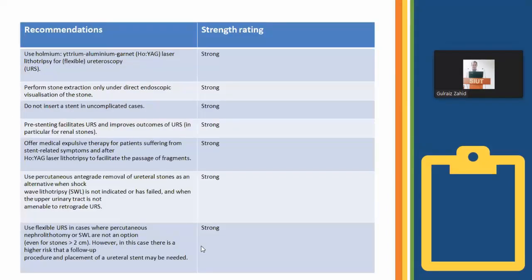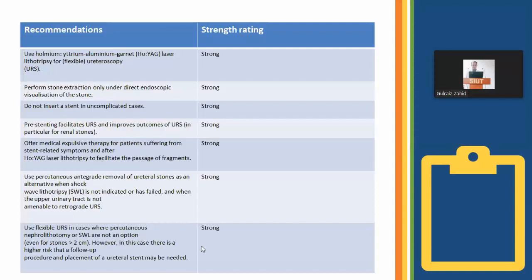These are the recommendations. Use holmium:YAG laser lithotripsy for flexible ureteroscopy. Perform stone extraction only under direct endoscopic visualization of the stone. Do not insert a stent in uncomplicated cases. Pre-stenting facilitates URS and improves the outcome of URS, in particular for renal stones. Offer medical expulsive therapy for patients suffering from stent-related symptoms and after laser lithotripsy to facilitate the passage of